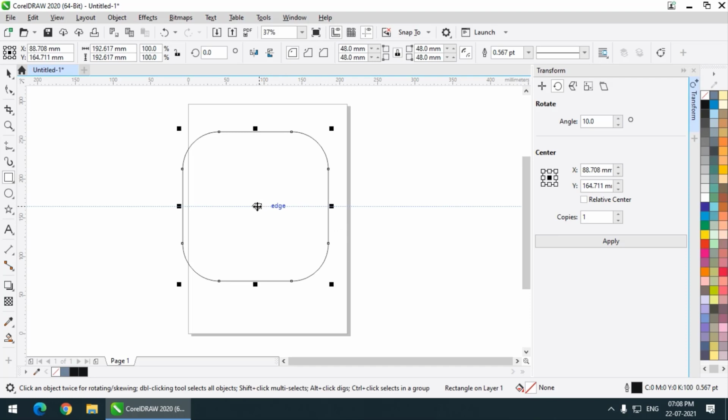Now if you click on this particular object, you will get the axis of rotation. You can change the axis of rotation, but we need to keep it at the exact center. As you can see, this is showing as center. Now if you're not getting these notifications or the